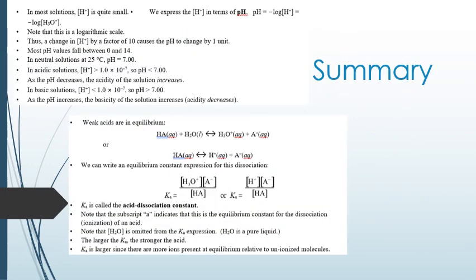Okay, so to summarize, when we are discussing acidic solutions, in most of those solutions, the concentration of H plus is going to be quite small. We express the H plus concentration in terms of pH to make it easier for the number to deal with. So pH again is the negative log of H plus or the negative log of H3O plus. Again, this is a logarithmic scale, so we're trying to make the numbers easier for us to use. Thus, a change in the H plus concentration by a factor of 10 causes the pH to change by 1 unit. Most pHs will fall between 0 and 14. In neutral solutions, pH is equal